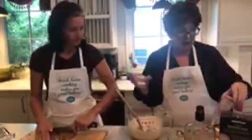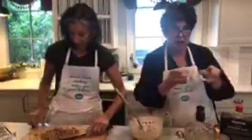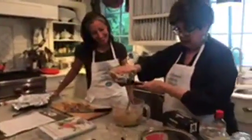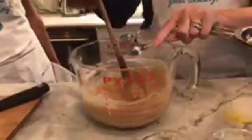I've already measured that out, and I like to do this especially when I'm baking because I lose track of what I've done. So if you have all your ingredients measured out and put them in these little dishes, it just makes it easier. And this some for the team. So that's a teaspoon, another little half, and again you can use vanilla if you don't have bourbon or don't care to use it. The bourbon does cook out, so no worries about